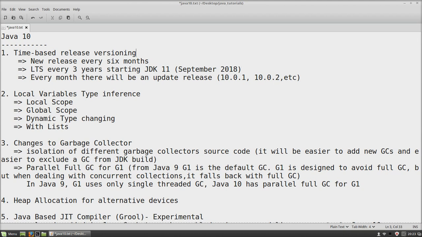This is called time-based release versioning. This is all about releasing Java and planning the milestones for Java development into the future. Right. So this is about the planning. Now,